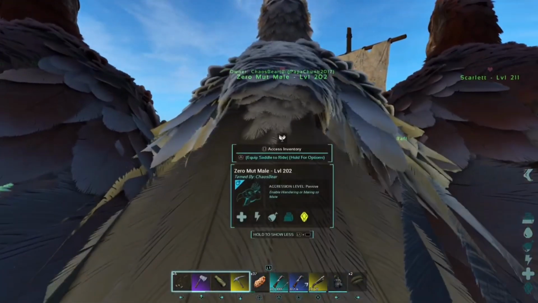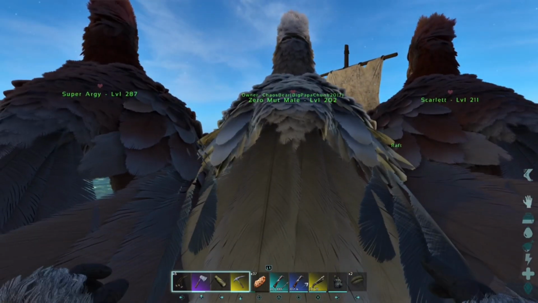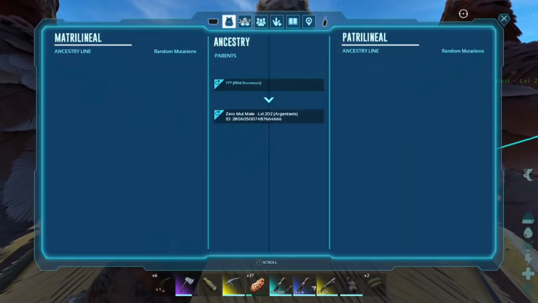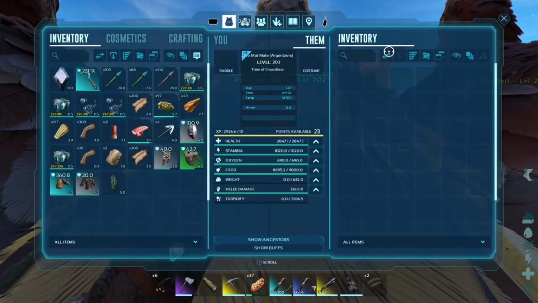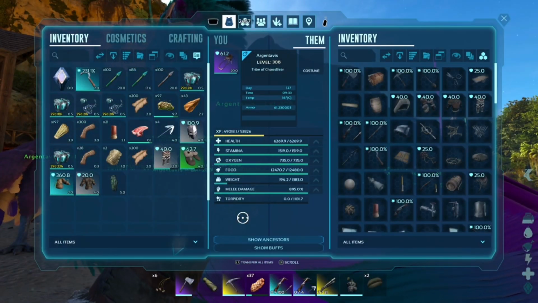This is Scarlet, our original Argy. This is the female, and this is the male. He was the one we bred with. He had zero mutations as the male. So basically, when you go on the mutations here for showing the ancestors, you would see the maternal and the paternal side. So if we were to look at this guy,